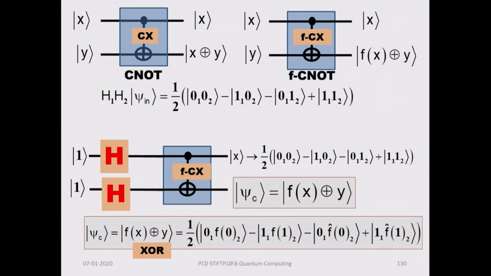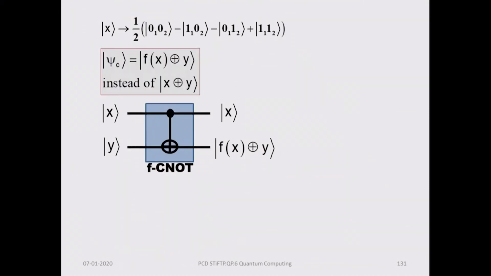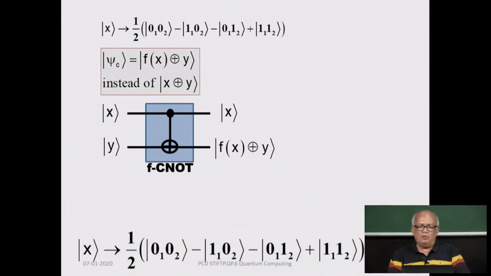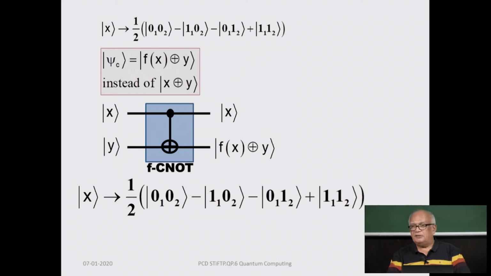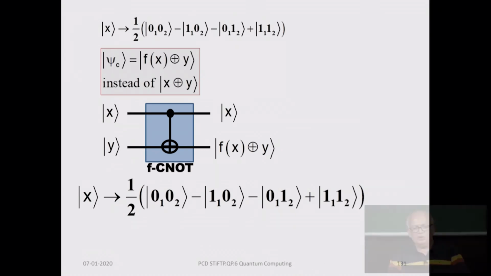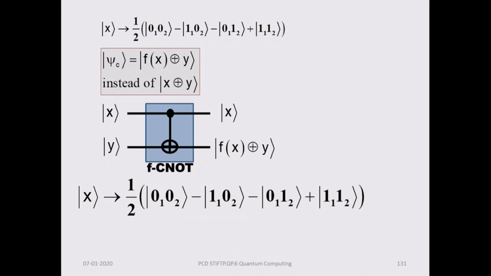So, obviously you have to use the truth tables for this, which you can do one step at a time if you like. And let me show you how it is done step by step. So, you will get fx XORed with y, this is x, 0 0 minus 1 0 minus 0 1 plus 1 1, and you will get fx XOR y you must get for all the four terms,